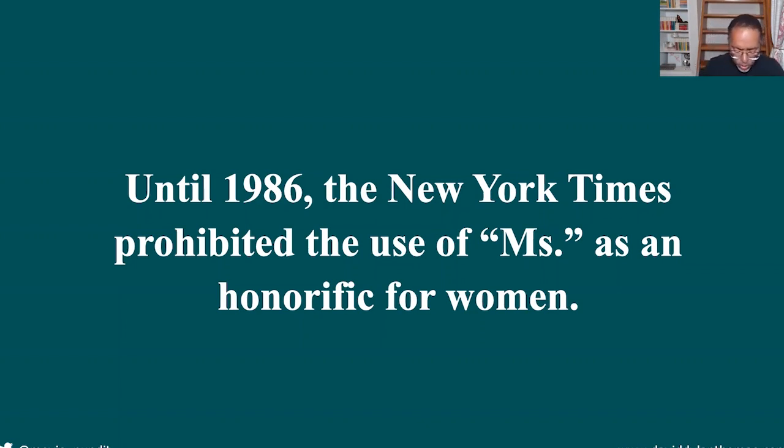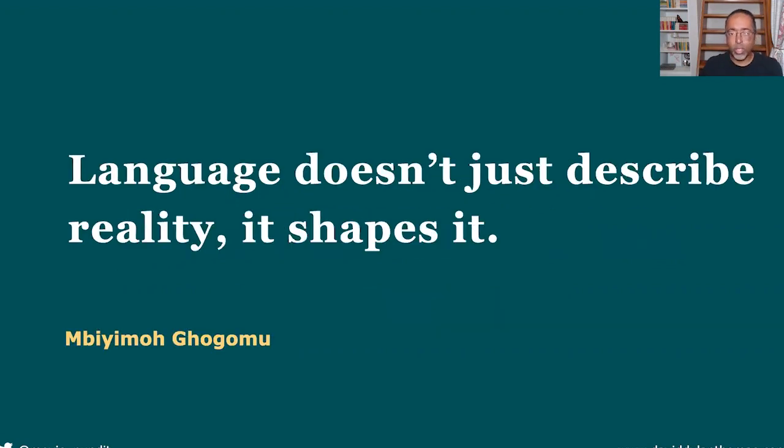In article after article, it sets up this pattern that the most important thing to know about a woman is whether or not she's married, and then maybe her last name. So think about that. In article after article for over 100 years, we need to be very thoughtful how we structure our content and what kind of editorial guidelines we create, because that is a super easy way to scale bias. Language doesn't just describe reality, it shapes it. And this is legally true.